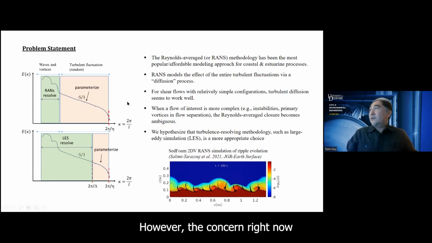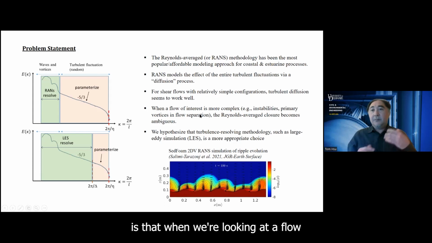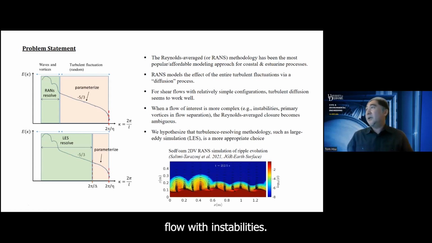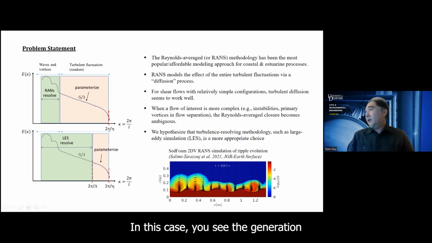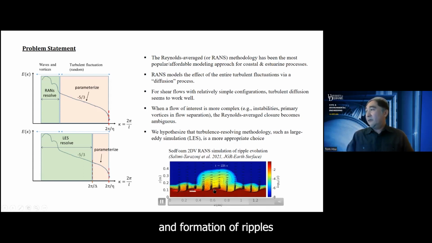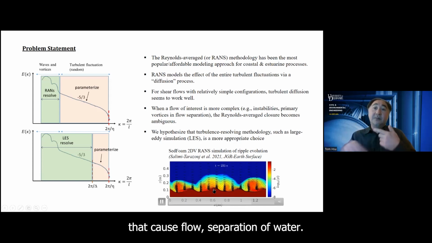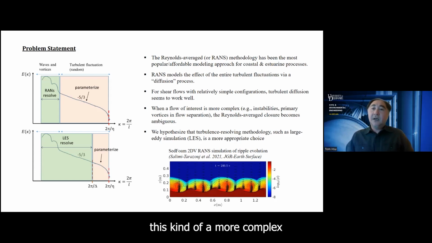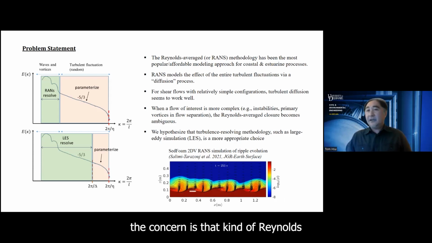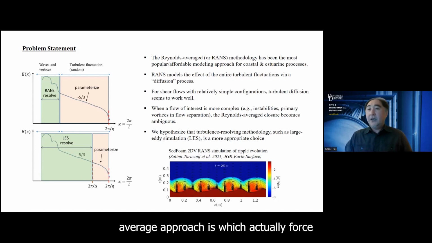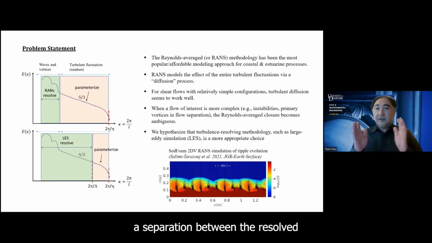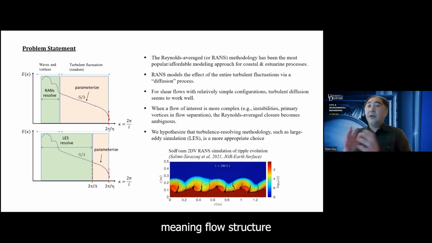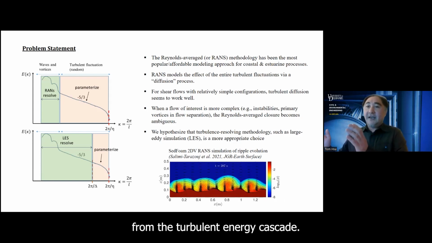However, the concern right now is that when we are looking at more complex flow, for example, flow with instabilities, in this case, you see the formation of ripples that cause flow separation and vortices. When you have this kind of more complex situation, the concern is whether the Reynolds average approach, which actually forces a separation between the resolved mean flow structure and the turbulent energy cascade,